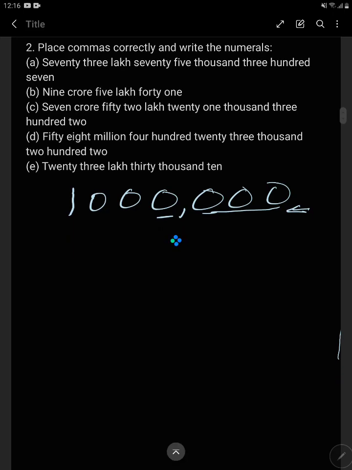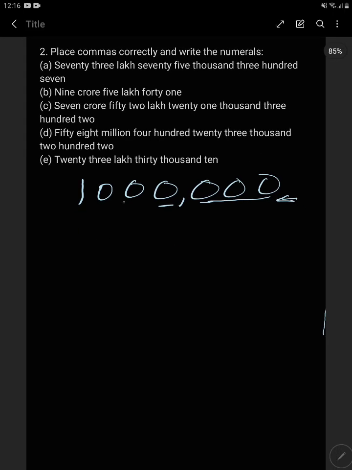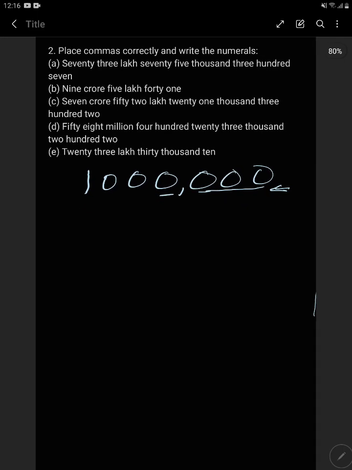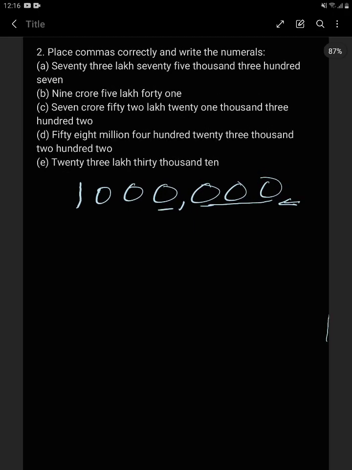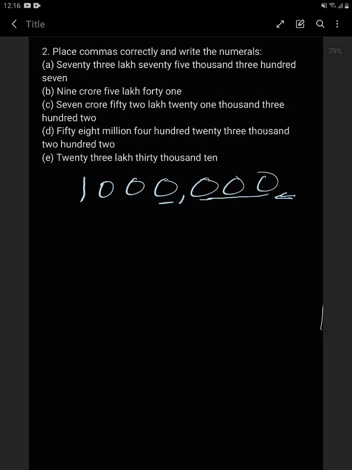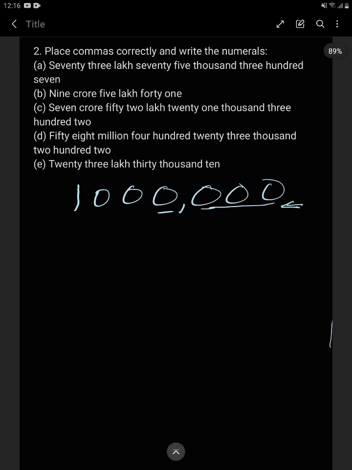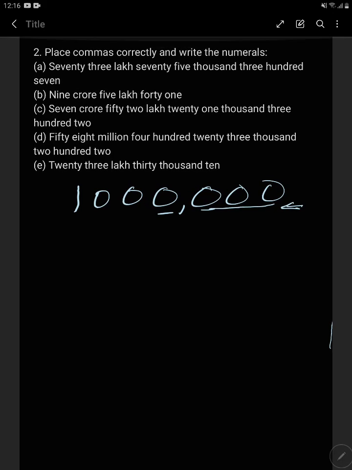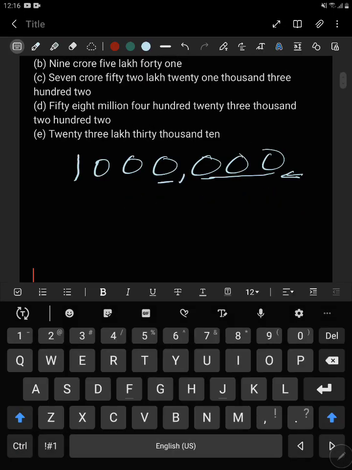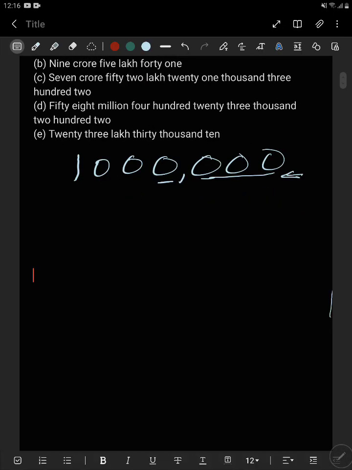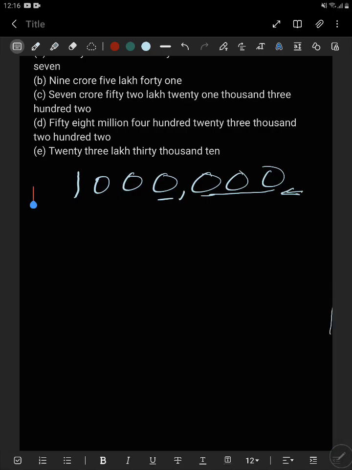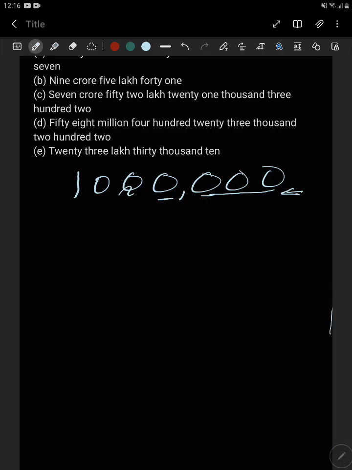this, so it will be put here. Okay, so I am facing some issue with my pen. Okay, let's see. Here it is. Okay, so first